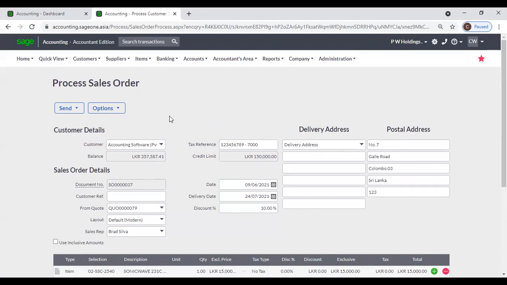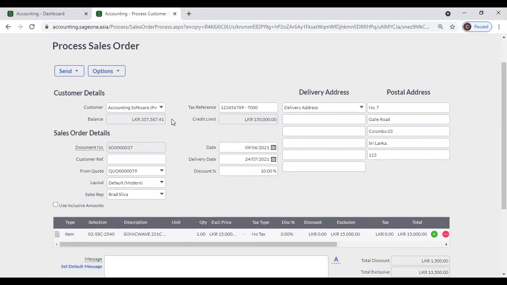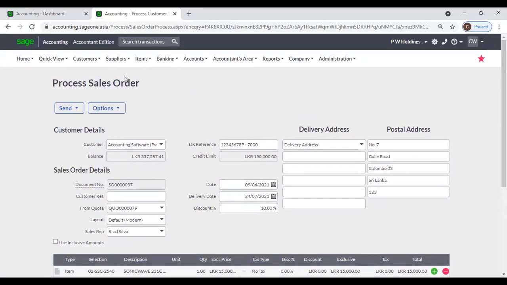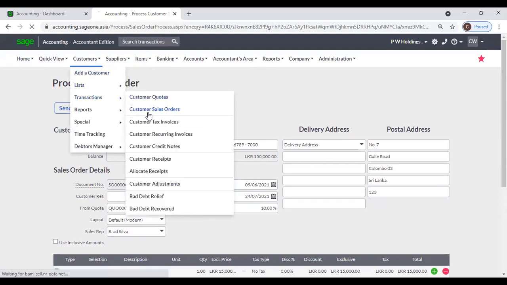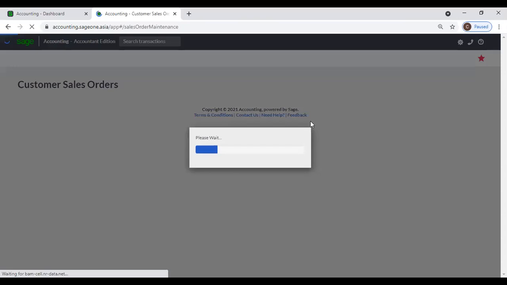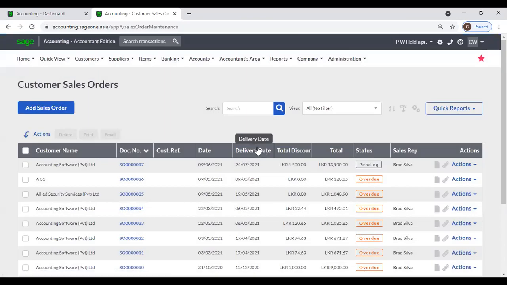Next, if you want to view a sales order list, you can go to customers, transactions, and sales order. You can view this list. And when you are entering a sales order, one option is to go to customers, transactions, sales order,